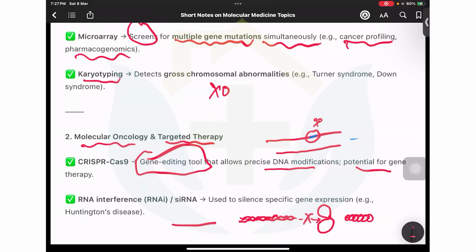The gene is there. This DNA is there. This is producing the mRNA, but this mRNA cannot translate now. That means we have saved somebody from a potential gene mutation related disease. Now the patient cannot produce that protein because we have blocked that protein synthesis at the level of the mRNA